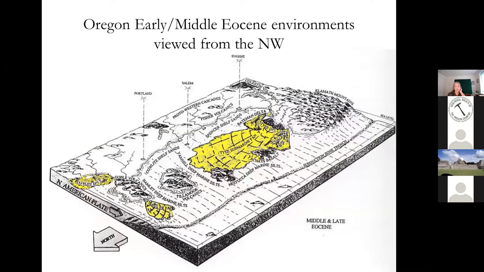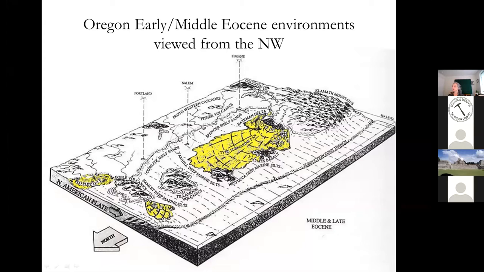Now, I don't have an animation for it, but I have these wonderful illustrations from Bill Orr's book on the origin of the Coast Range. So let's just review it here. We're looking to the south in this direction. We've got modern day Portland right here, modern day Salem and Eugene, and then we have the Klamath Mountains in southern Oregon over here. Now this whole area right here, I'm tracing the old shoreline during those times.